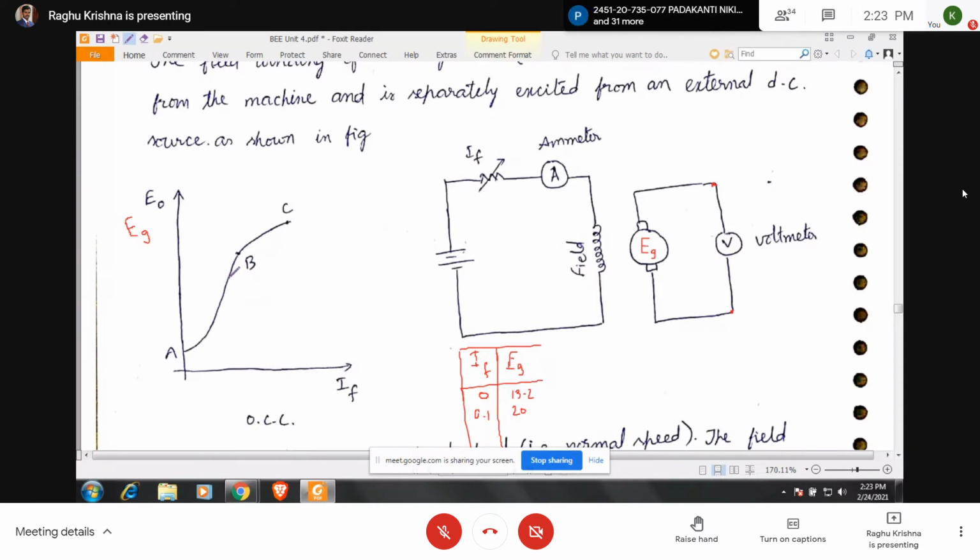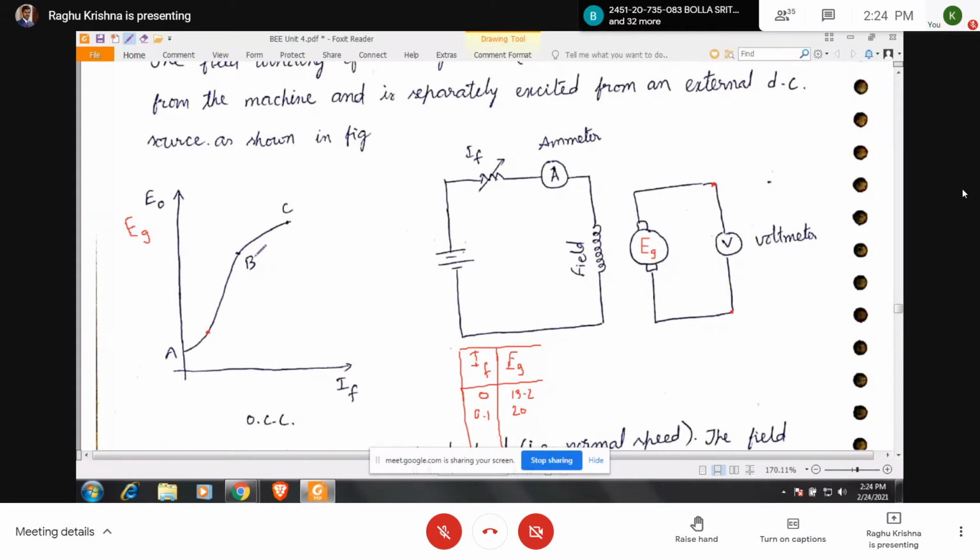Up to point B, the flux increases linearly, so the generated EMF increases linearly. After point B, the increase in E0 will be less